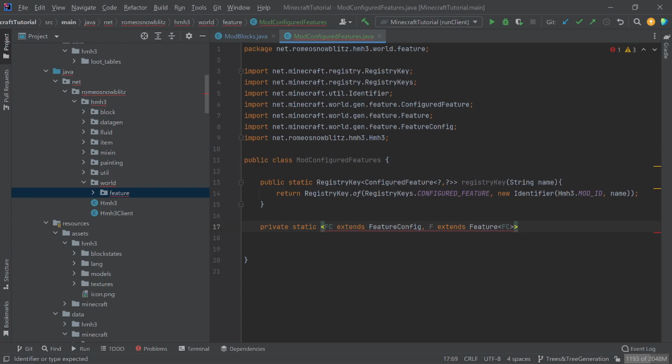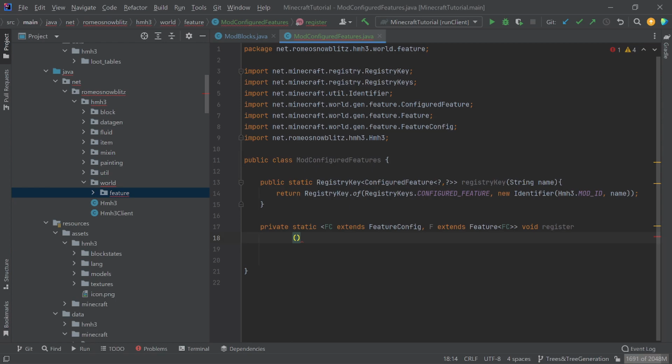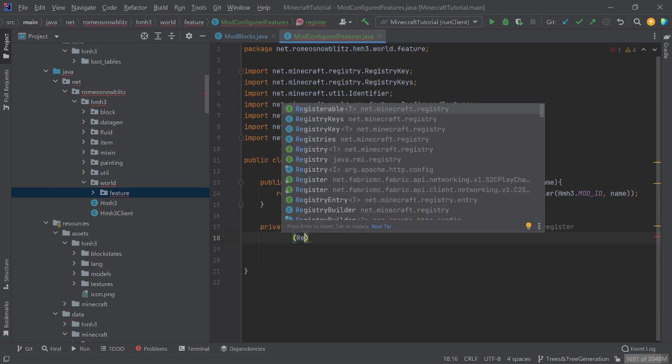So now this whole thing is being called. It's going to say, hey, there's an issue. It's going to probably say unexpected token or unidentified type. That is also another acceptable thing. And then if I say not void, void register, I wonder if it'll say it now. Yeah, there it is, unexpected token. And then if I put it, let's tap it here, and then let's put in the Registerable with the T on it,